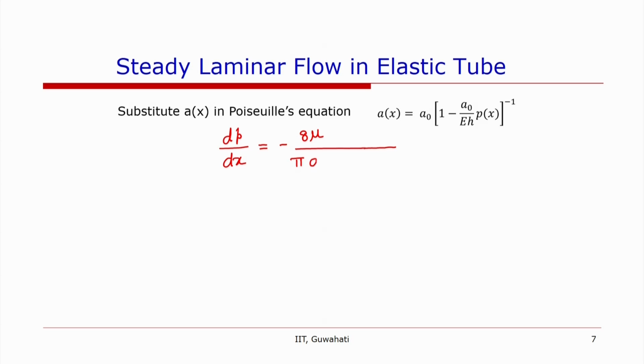So we can substitute this relationship here, pi A naught to the power 4, and this will go up, so we can have 1 minus A naught